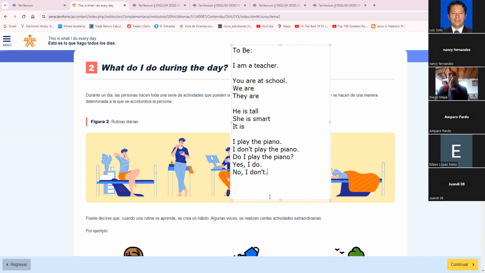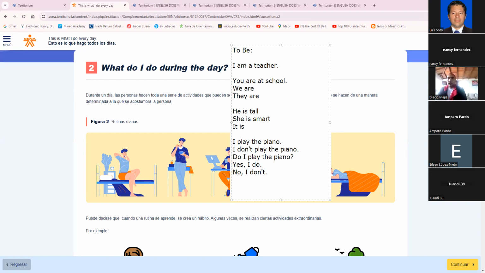Entonces, como regla general, si utilizo el presente simple con un verbo diferente al verbo to be, es decir, si voy a utilizar el do, voy a utilizar el does, yo no debo utilizar por ningún lado el verbo to be. Y a la inversa también funciona. Si yo voy a utilizar el verbo to be, tampoco debo utilizar ningún verbo diferente al verbo to be. ¿Esto con qué razón? Para que ustedes no se vayan a confundir. Porque he visto, como les dije al principio